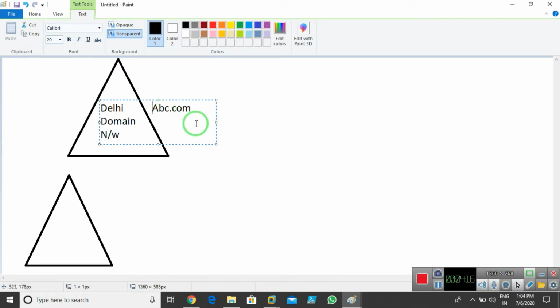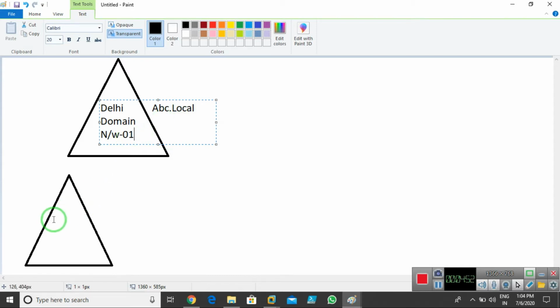We'll discuss all these things also, why we can use .com, .us, .uk. When you go to create a domain, you need to use an extension like .com, .org, .edu, or .local, anything you can go for. So we have abc.com, or you can say we have abc.local. This is my local domain network. Local means it's a private network. I'm using this domain network in private. So now we talk about abc.local in Delhi. I'm creating one domain network, domain network 1, known as abc.local.